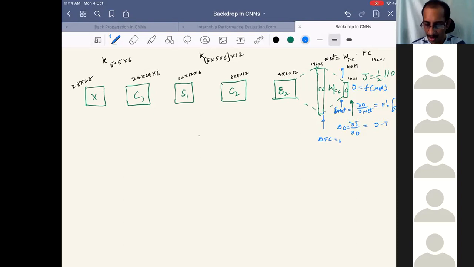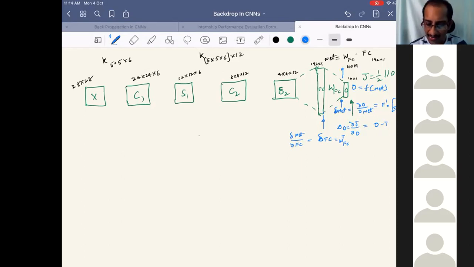It's equal to WFC transpose. So this also we write as small delta. Please tell me in case there is a notation that I am not strictly following, or some small things that are missing, you should be able to figure out or point out as well. This is small delta net, and as we have defined, small delta is dou net by dou FC. It is just the local derivative. Is this fine or not?